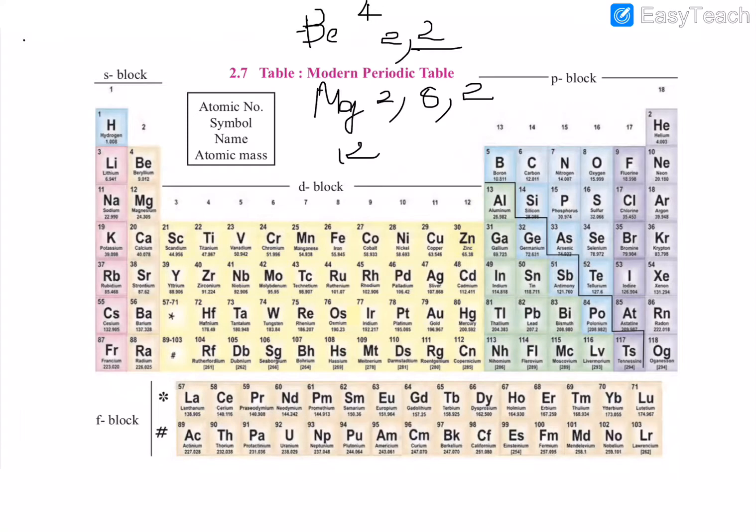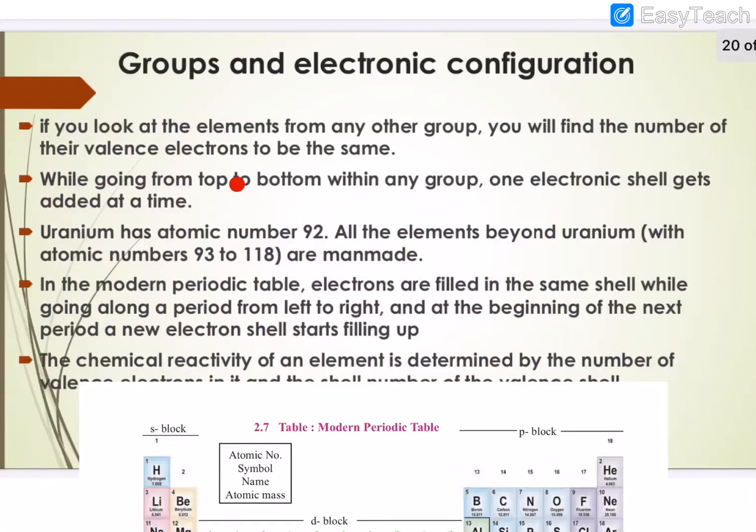So 2, 8, 2 is the configuration of magnesium, and the number of electrons in the outermost shell is 2. So you can see that inside a group, the number of electrons in the outermost shell, the last shell, is the same. I took group 2, their outermost shell has 2 electrons, and their group number is also 2. While going from top to bottom within any group, one electronic shell gets added at a